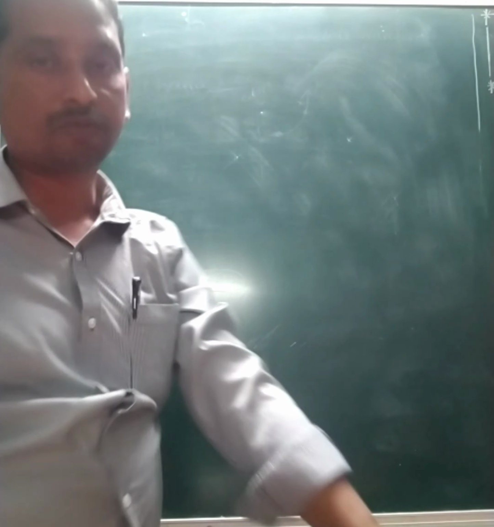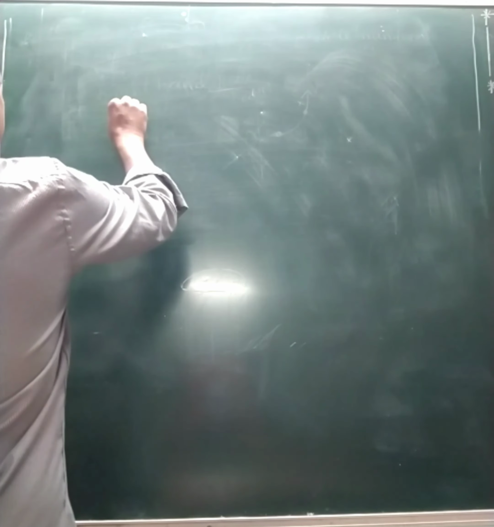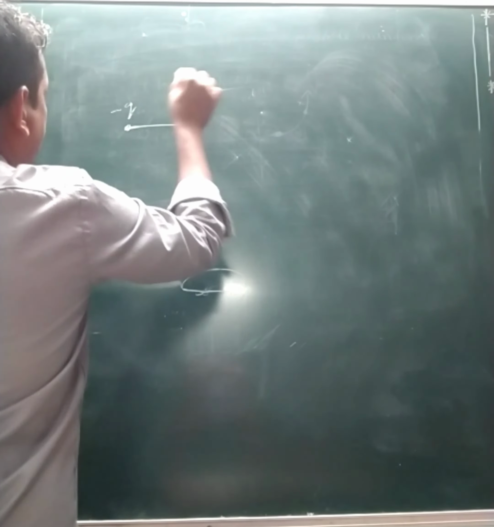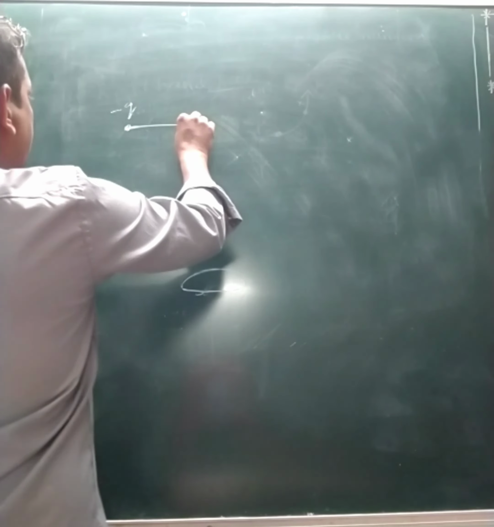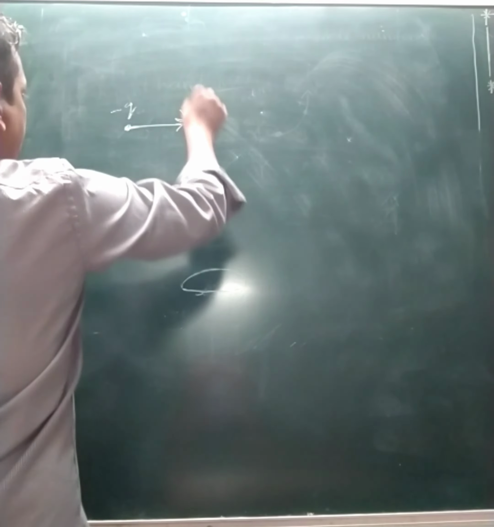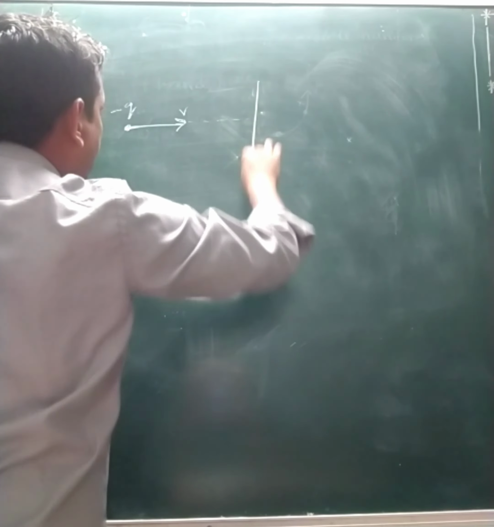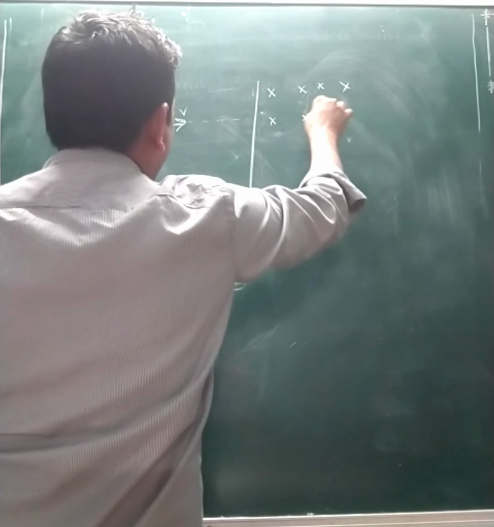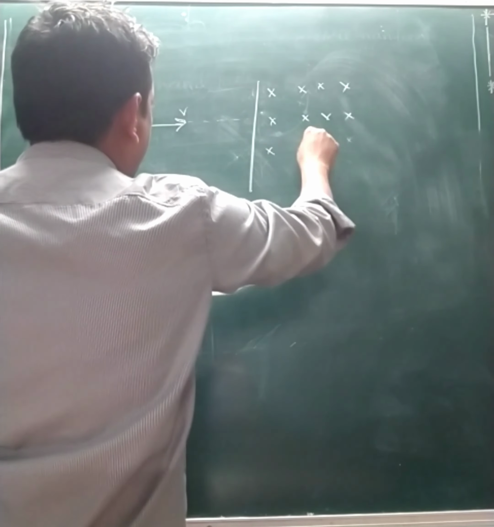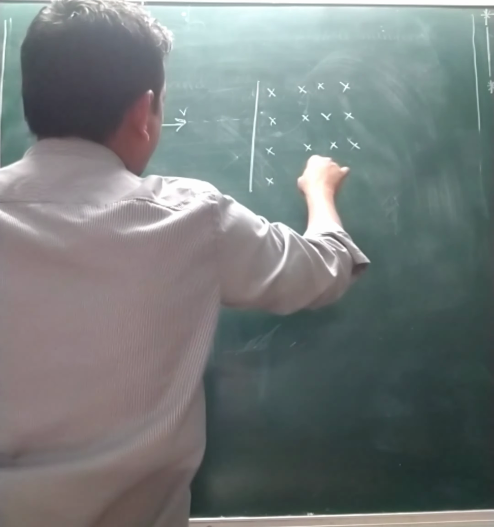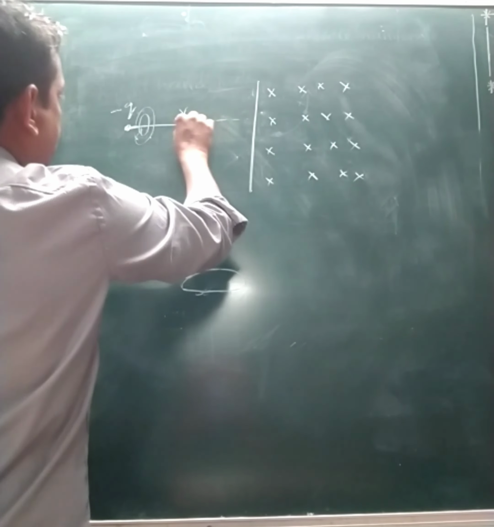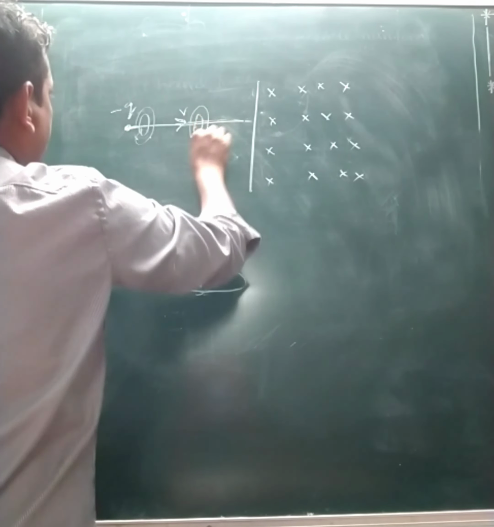Now my question is: suppose instead of a positive charge I consider a negative charge. This negative charge moves with velocity v. Now here we apply the magnetic field, again into the board. Up to this point a field is developed around it also. Now it is entering the field like this. So here a field is there.